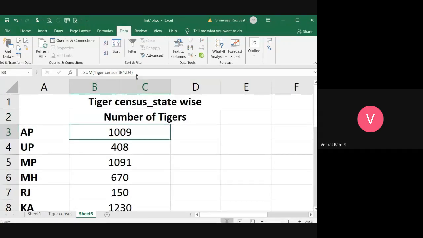Please look here. We need to type wherever you want the sum.